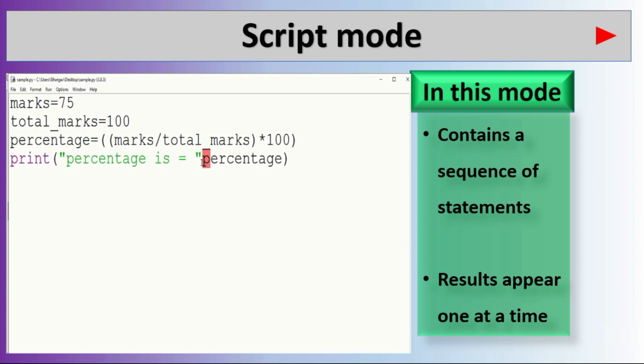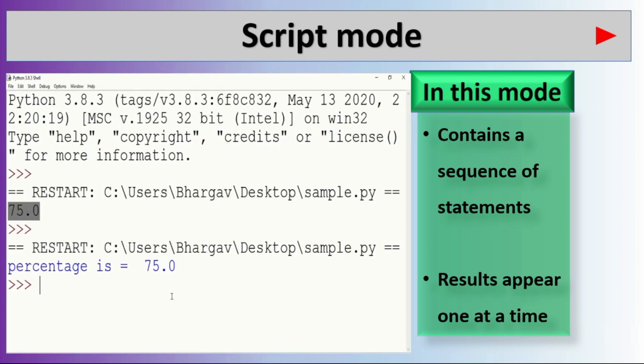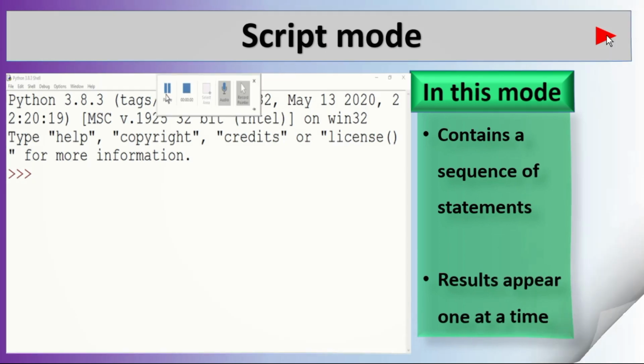We have to place a comma here. Run module, save it. See here, percentage is equal to 75. So this is script mode.